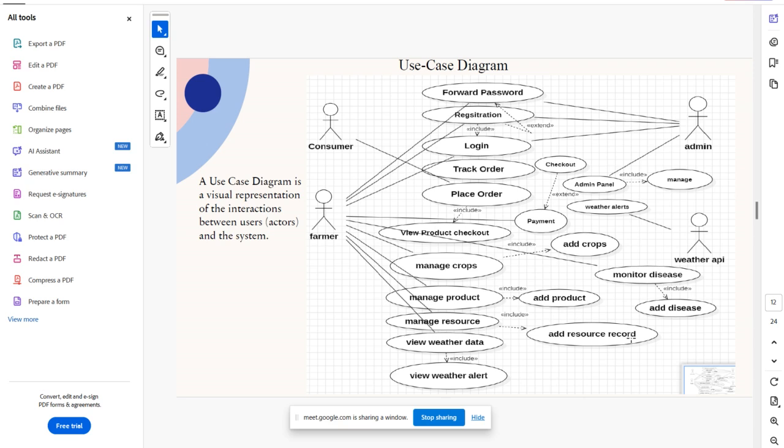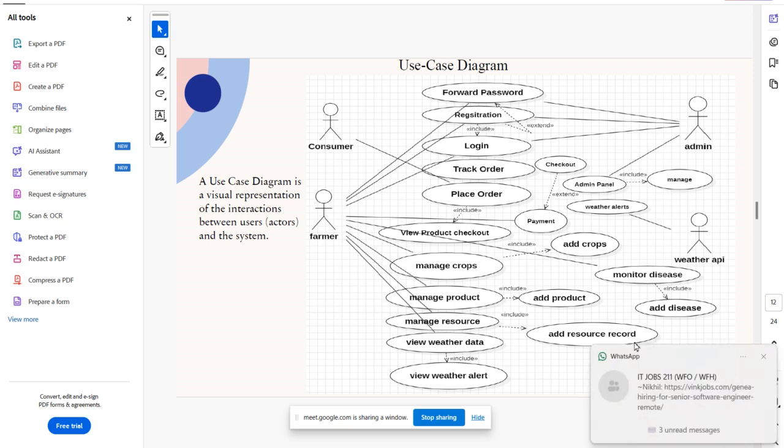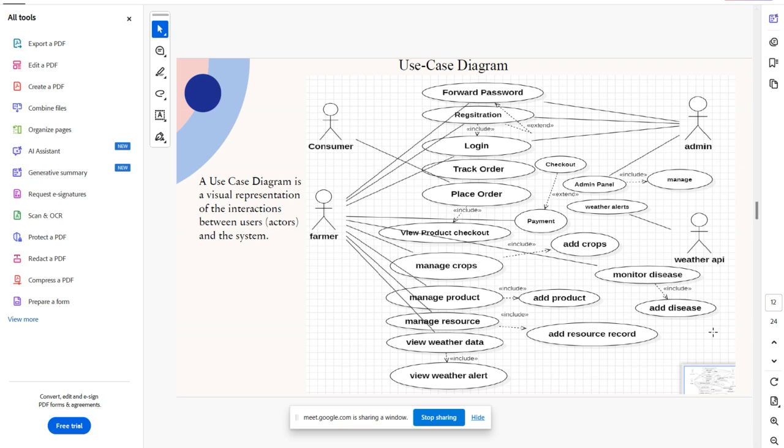What is a use case diagram? A use case diagram is a visual representation of how a user interacts with the system. Here we have three users: consumer, farmer, and admin. We are showing how they all use our system, and we use a weather API, meaning we integrate weather alerts and updates. As a farmer: forgot password, registration, login, track order, payment, checkout, view product, checkout, manage